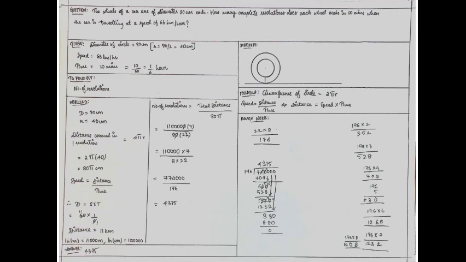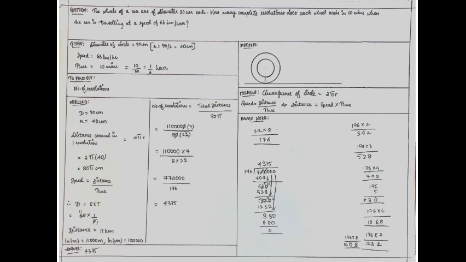In this question, we are going to find out the number of revolutions each wheel makes in 10 minutes. We already know the diameter and radius of the wheels. We are going to find out the distance covered in one revolution. So we are going to use the formula circumference of a circle, which is 2 pi r. I'm not going to substitute the pi value, I'm just going to keep it aside. So we are multiplying 2 into 40, which will give you 80 pi centimeter.